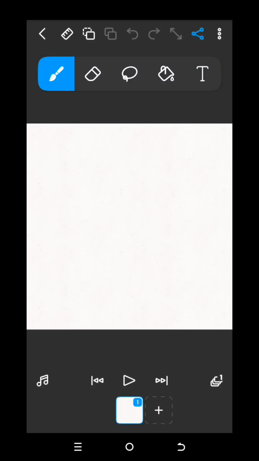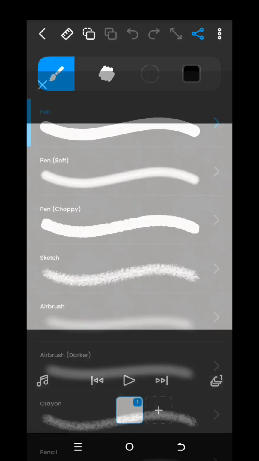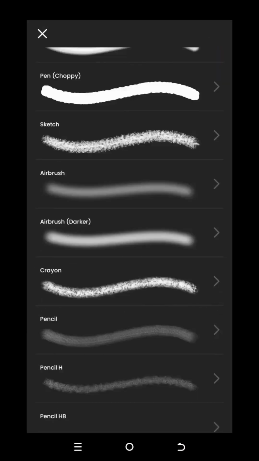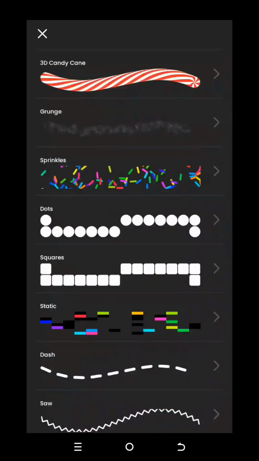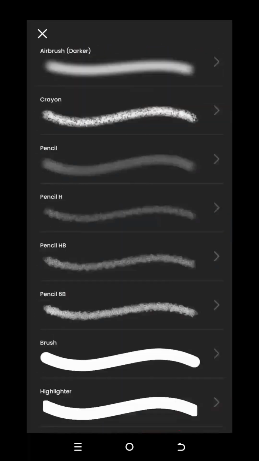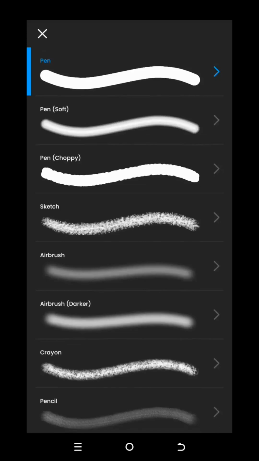Now let's dive in. If I click on our pen tool, you see this icon, and if you click on it, there are a whole lot of brushes for you to use, different brushes for different functions, and they all have this function. If you click on this arrow over here at the right,